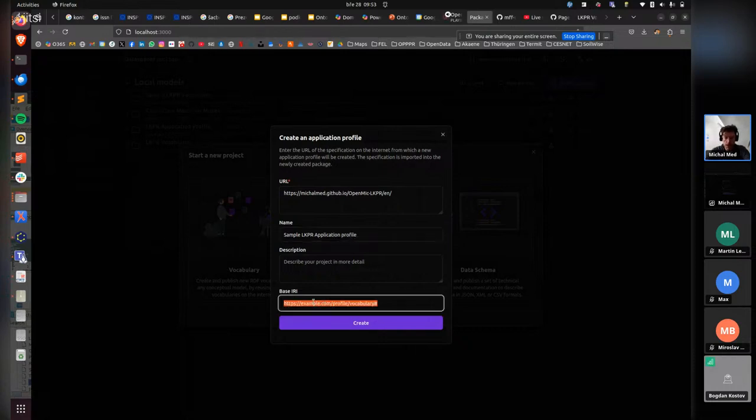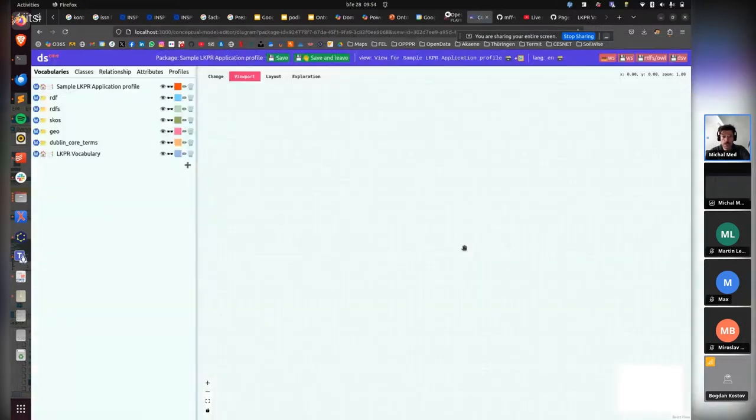And as the base area, I will use something similar, like on the sample profile. This will take some time as I create it, a little bit, and I get into